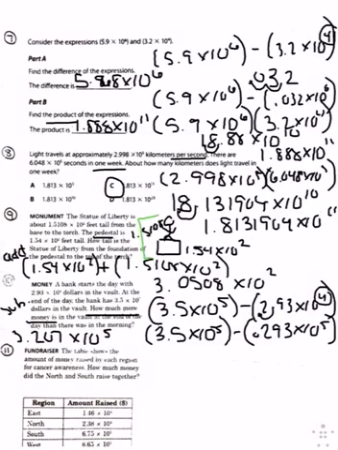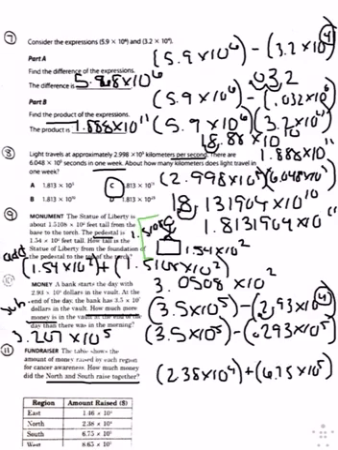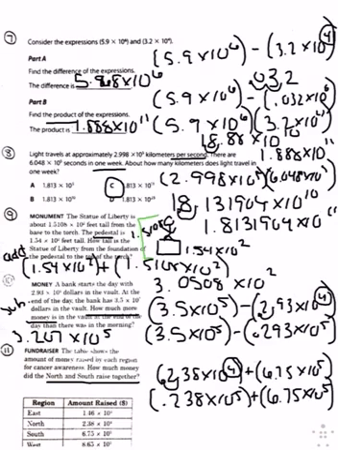Number 11. The table shows the amount of money raised by each region for cancer awareness. How much money did the North and South raise together? When we're talking about putting things together, that means adding. So I'm going to add 2.38 times 10 to the 4th plus 6.75 times 10 to the 5th. Again, I keep the larger exponent, so I'm going to change this 4 to a 5 by moving the decimal up. My problem is 0.238 times 10 to the 5th plus 6.75 times 10 to the 5th. Now that the exponents are the same, I can add 0.238 plus 6.75, and I get,